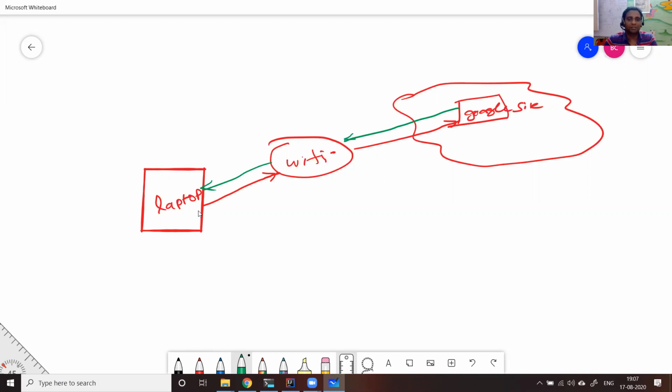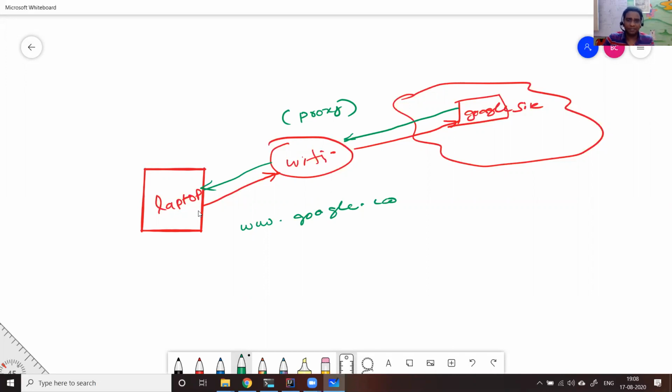For example, if you say www.google.com, the request is sent, the Wi-Fi router is sending the request to the Google website, and the Google website is serving the response, and the Wi-Fi router is serving it to you on the laptop in the browser. So here this is playing the role of a proxy, right? Someone is speaking on behalf of you. Your laptop is not directly contacting the Google website. You can think of it as a proxy. Someone is talking on behalf of you.